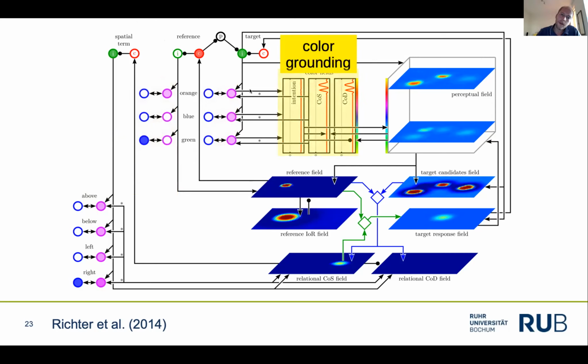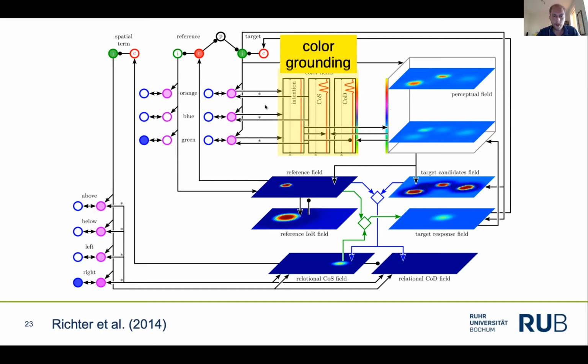Now, the color search mechanism doesn't directly project from the color production nodes to the color space perception field, because this does not allow us to detect whether the object of that color was successfully found. So in order to be able to detect that, we introduce three fields. First, a color intention field is one-dimensional and defined over the hue dimension of the color space. And a peak in that field